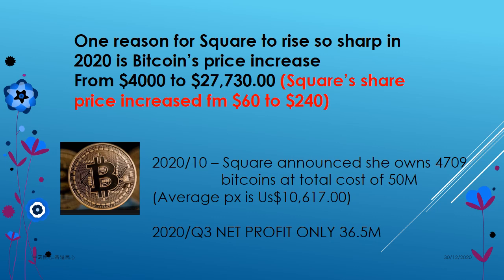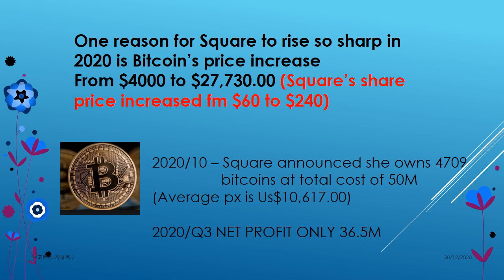And only by the Bitcoin's price increase in 2020 is already the 1 year net profit of Square. But if it is the net profit, why is the PE so high? It's because that is not the operation profit. It's like I own a building, and the property price continues to rise up. So the PE is so high.